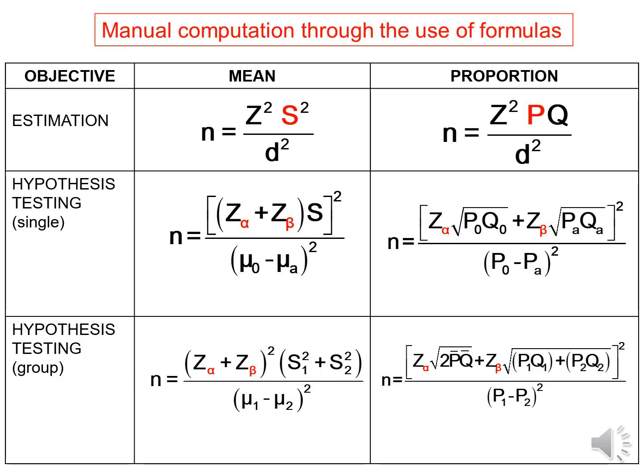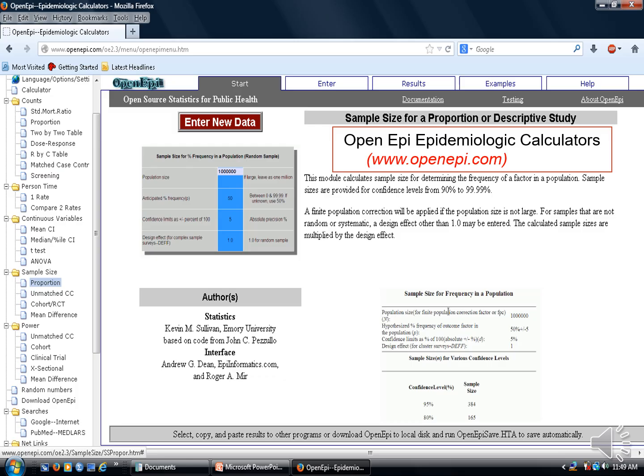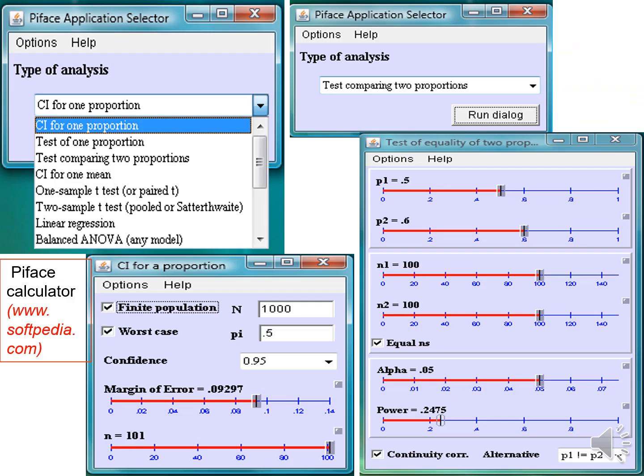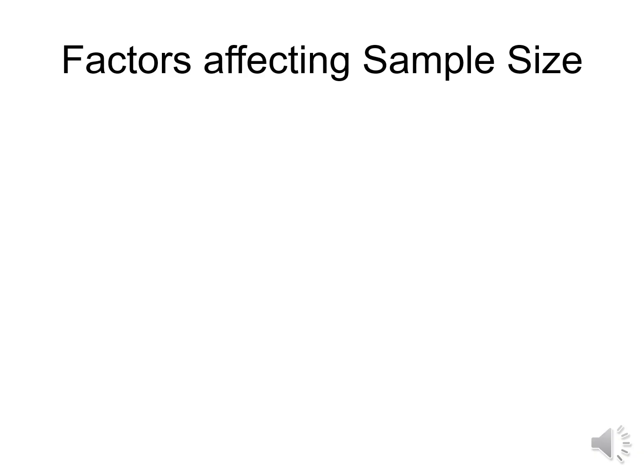The methods for computing sample size are the following: manual computation through the use of formulas, tables of minimum sample size by Lemeshow, OpenEpi epidemiologic calculators, and other statistical calculators like PASS, or a web-based calculator for computing sample size for correlation studies. Factors affecting sample size are: